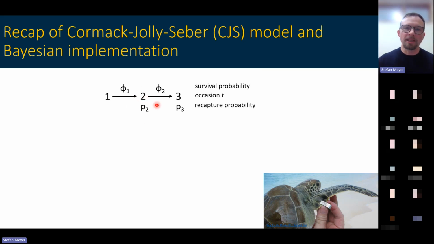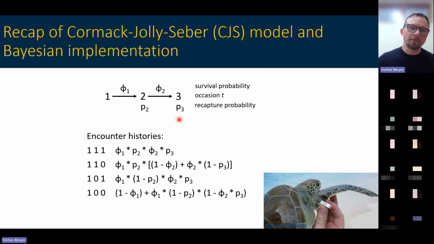And then in order to see the animal at the last occasion, the animal has to survive from the second to the third occasion with survival probability phi 2 and be recaptured with recapture probability p3. So if we have 3 occasions, with the first occasion being the release occasion, then there can be 4 different